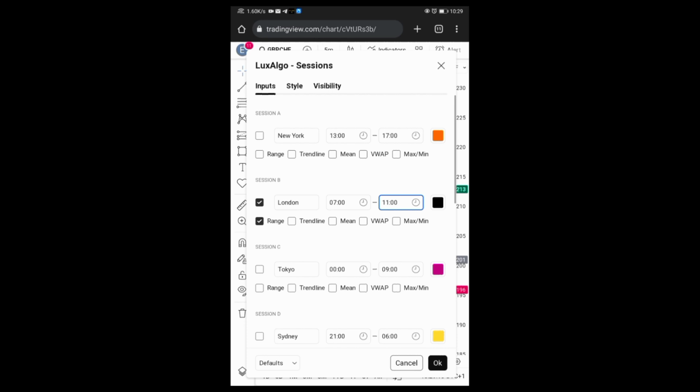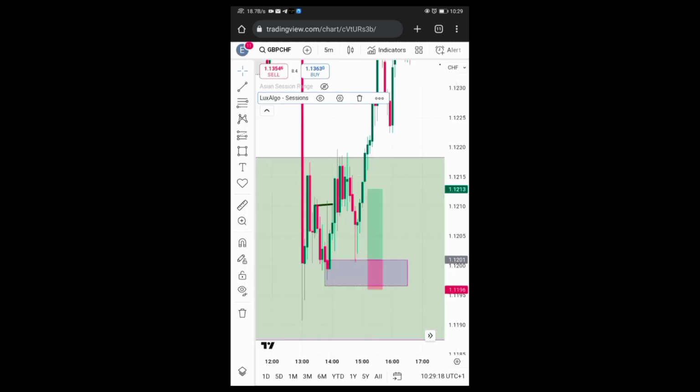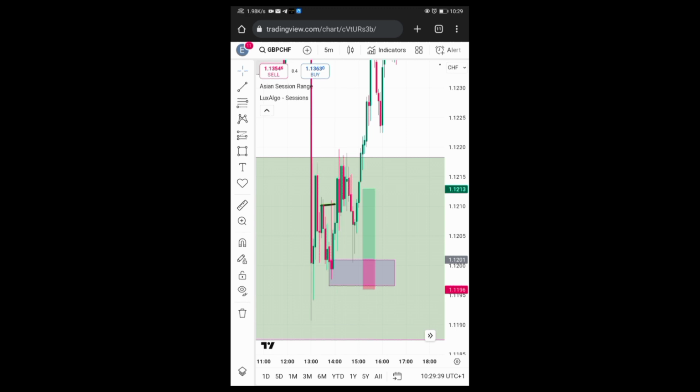So after I set it this way, I'll click on OK, meaning this will now be on my chart. After I've done that, I have to close the interface. Once I go back to my chart, the indicator is on my chart. Thereby, you enable it. So once you enable the indicator, that is when you are going to be looking for your entry during the London